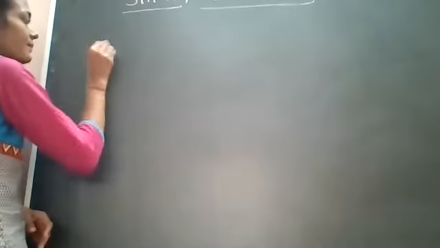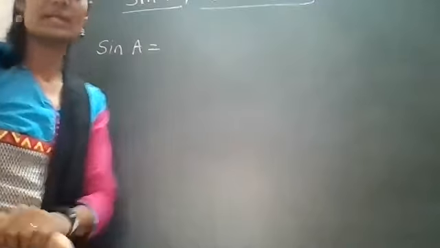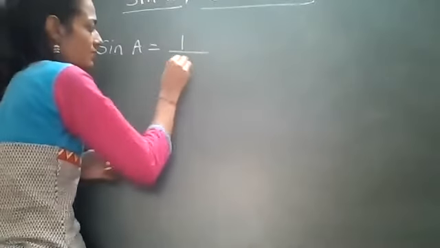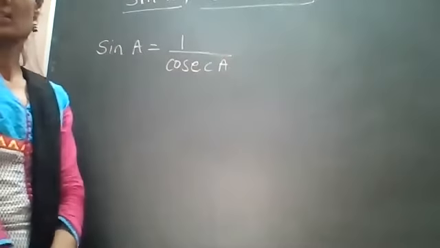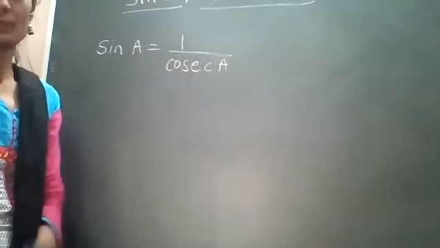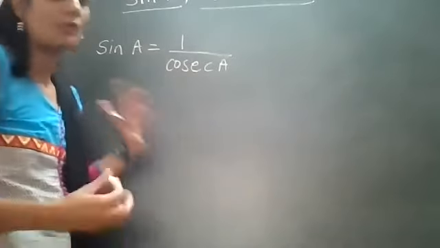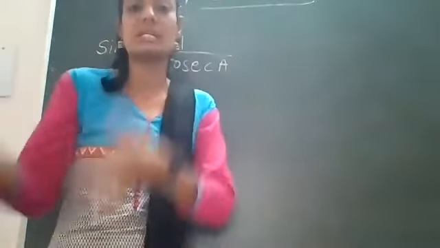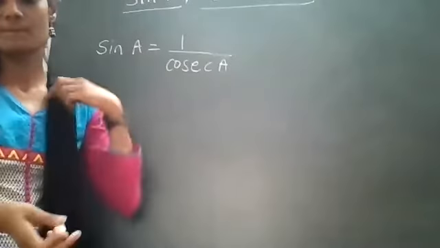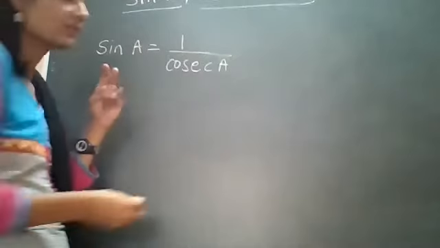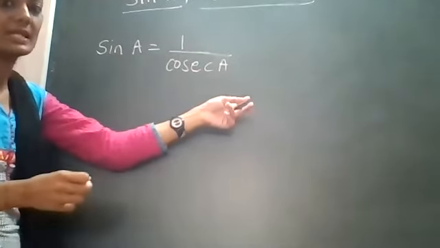So what will you do now? First we are finding sin A. Sin A is equal to what? Opposite you have to think. So sin is equal to 1 upon cosec. Yes or no? Sin A is equal to 1 upon your cosec A. Now, cosec A is there. So how can we relate the cosec to the cot? Cosec and cot have to be written in terms of each other. Ma'am, cosec of 90 minus A equals sec, so cosec will convert to sec, then we will do 90 minus A.